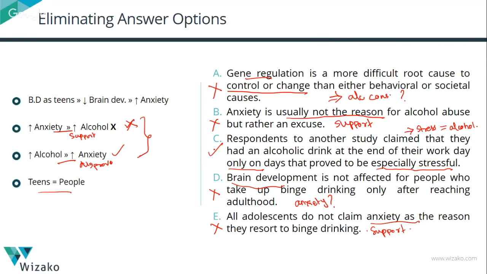Here, C works. One, because it says stress contributes to alcohol. Second, it talks about another group of people in general, not necessarily people who took up binge drinking as adolescents. And that's perfectly fine because the author is equating what's true for adolescents to what's true for all people. Right? So when you're working on a critical reasoning weaken question, ensure that you think about the argument, that you reason and identify the links that are there in the argument, and that you identify how you have to weaken the argument.